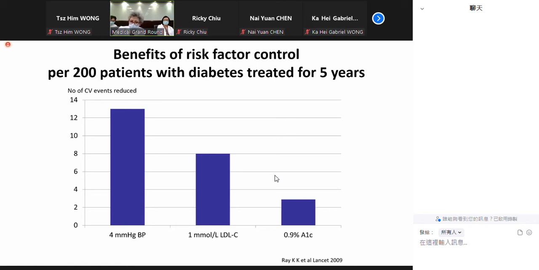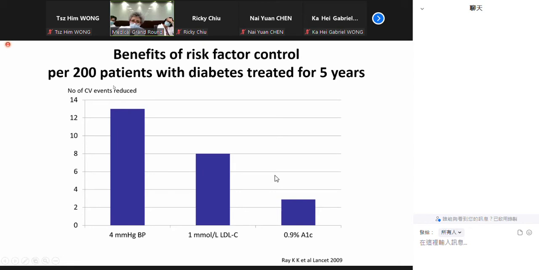But this is really just to show you that in terms of reduction of cardiovascular disease, the impact of reducing cholesterol and blood pressure is considerably greater than that of A1C. So if we can reduce 1 millimole per liter of LDL cholesterol or 4 millimeters mercury of blood pressure, we only need to treat, for example, 8 people in order to prevent